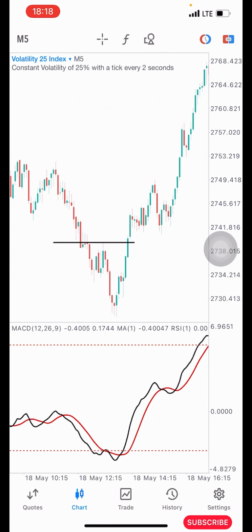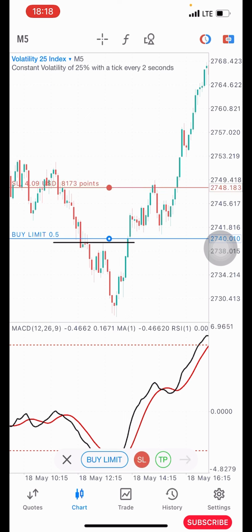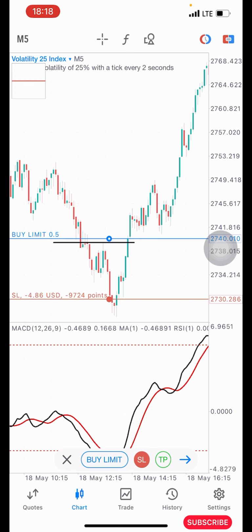So immediately price crosses above the line, all right, immediately it crosses and closes above this line, you take your buy, all right, you take your buy from this area here, and then your stop loss, all right, the ideal place for you to place your stop loss is below the most recent structure the market made, right, which is here. All right, so your stop loss goes below this area,